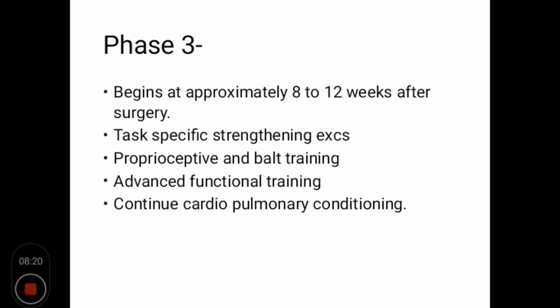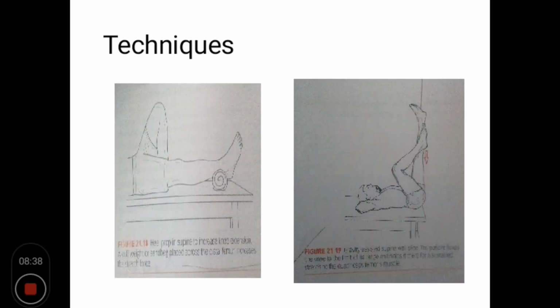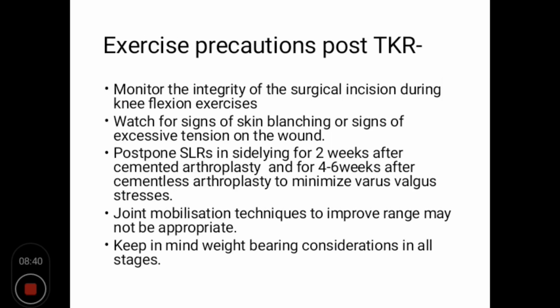and we have to continue cardiopulmonary conditioning program. Following are the exercise precautions that have to be kept in mind post TKR surgery. Firstly, the surgical incision has to be monitored throughout the exercise period. You have to look for signs of excessive tension on the wound. Joint mobilization techniques to improve range may or may not be appropriate for every patient, so it has to be